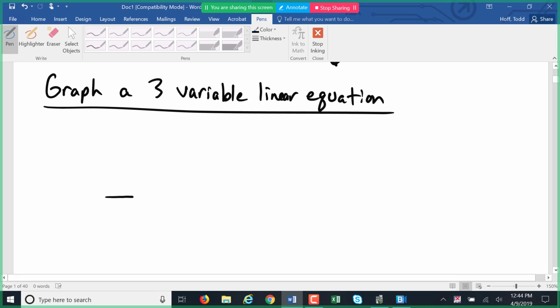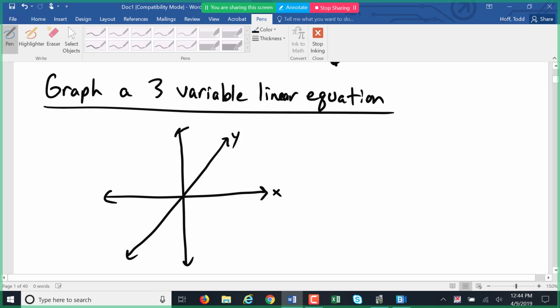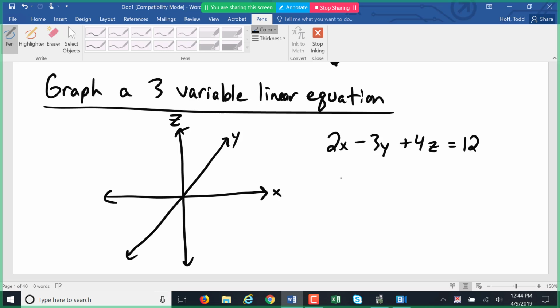So if I drew our axes here, that's my x-axis. That's my y-axis. That's my z-axis. And I have the equation 2x minus 3y plus 4z equals 12. We're going to stretch my artistic ability here, and I'm going to try to draw a plane on the graph here. The x-intercept, just like it was for two variable equations, if they're in standard form like this,